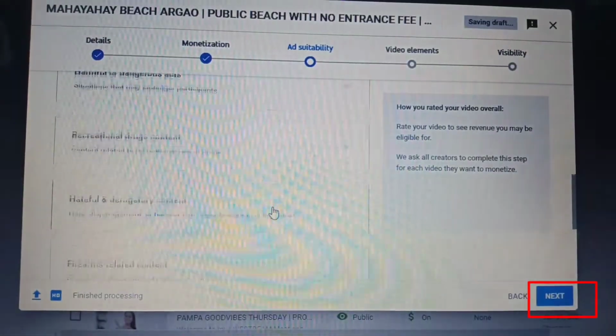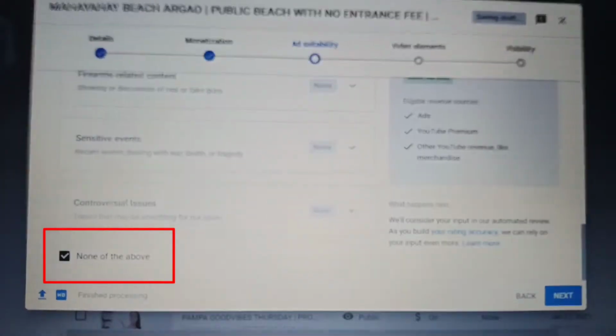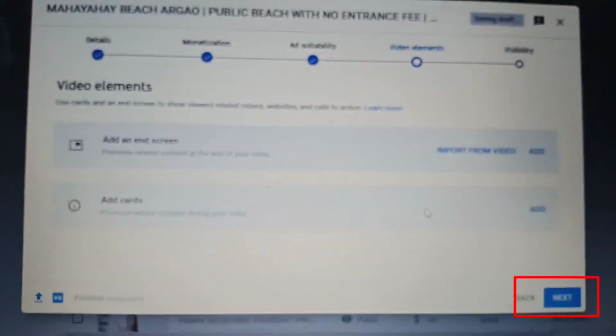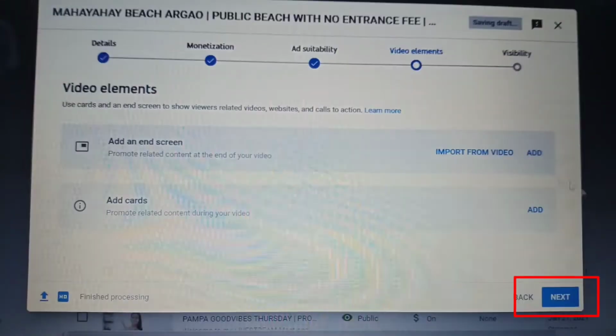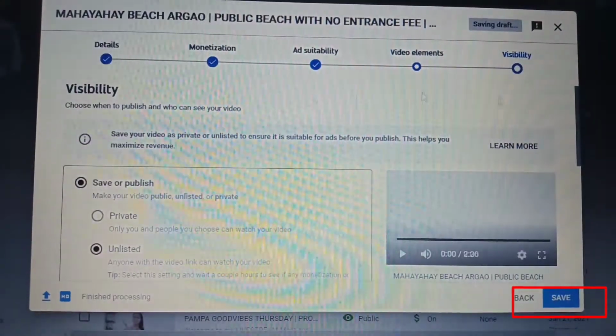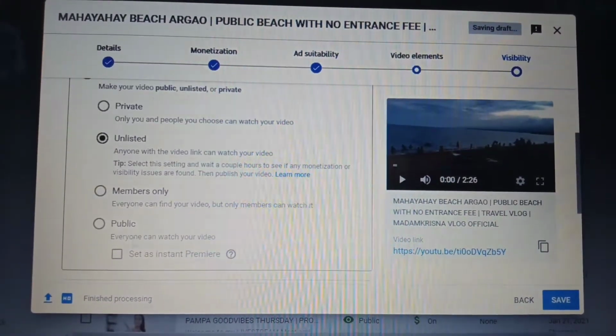And then, let's check this one. Yan. And then, let's proceed to next. So, hindi ko na lang lagyan kasi short lang siya. So, let's proceed to the next. And this one, meron siyang ganito, diba? So, pag